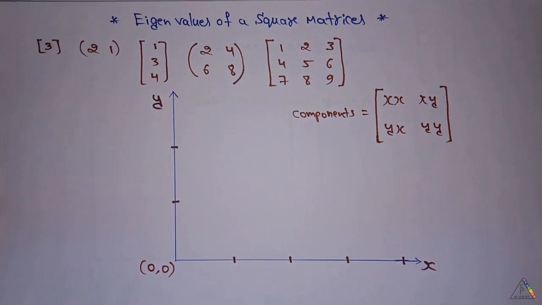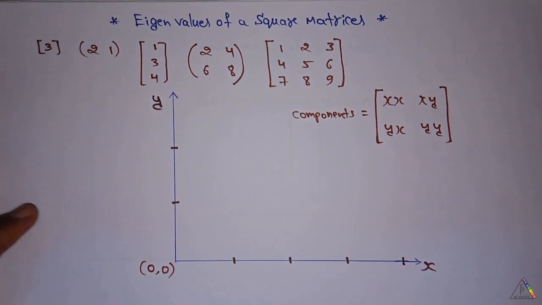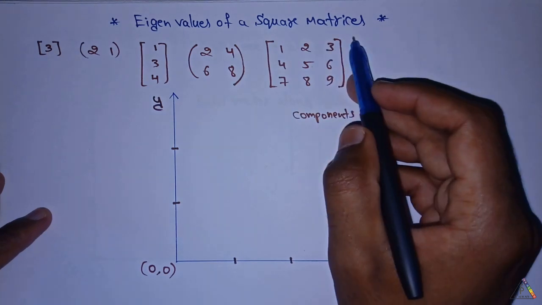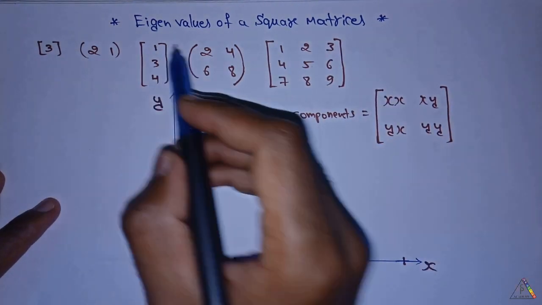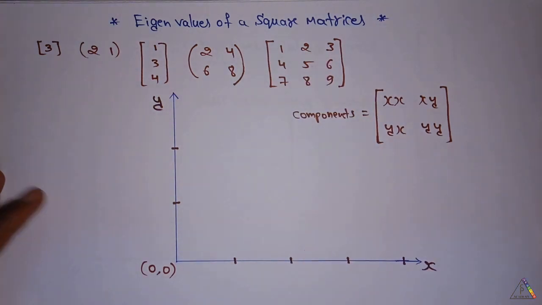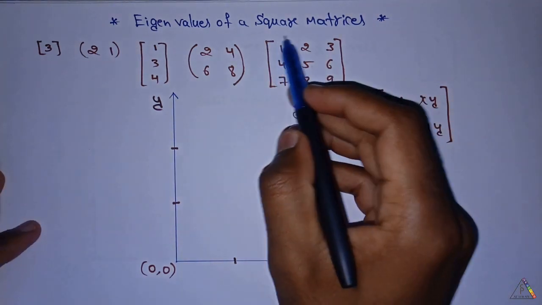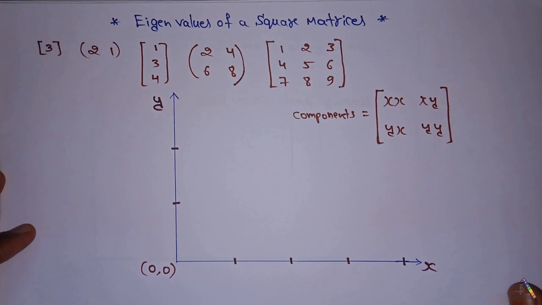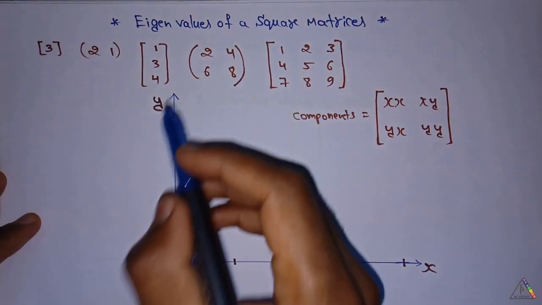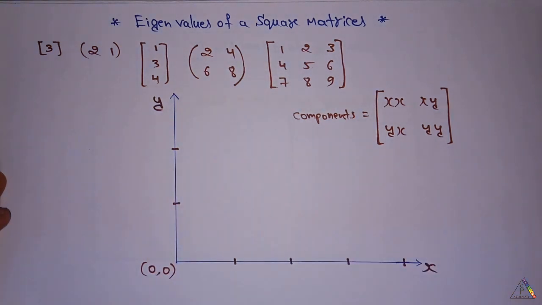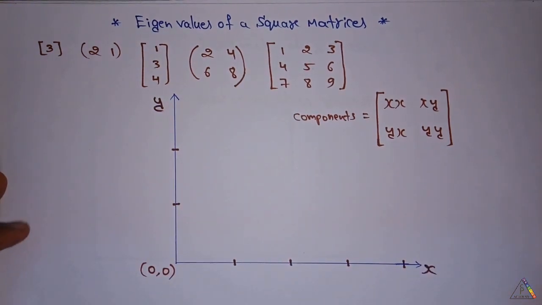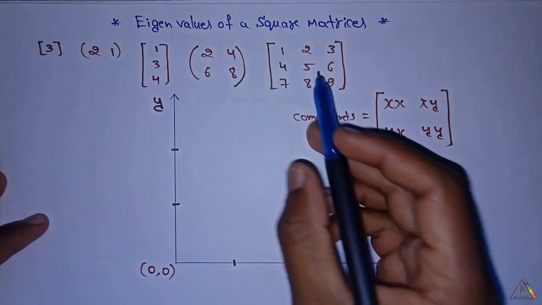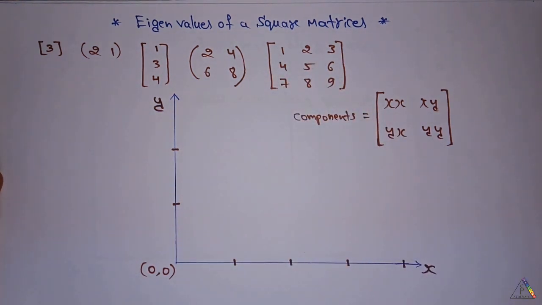In this video, I am starting the concept of eigenvalues of square matrices. The question is, what are these eigenvalues and what are these matrices? The answer is, these matrices are the systematic arrangements in rows and columns of numbers within brackets. Being in the family of physics, it is essential to understand what these matrices physically represent.